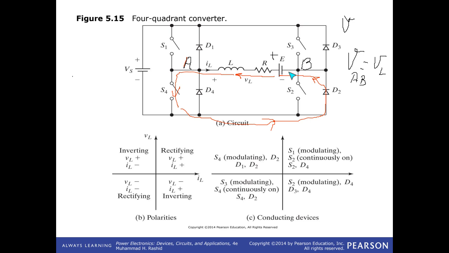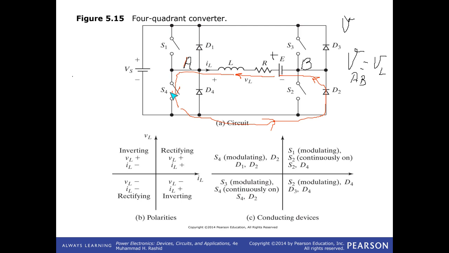VL is positive still, since you have a source here and that point is connected, and the positive point A is positive, B is negative. Therefore, VAB is positive. So voltage is positive, but current is negative. Current reference current direction is this one. Current is negative. Current is flowing in the red line. Then when you put it off,